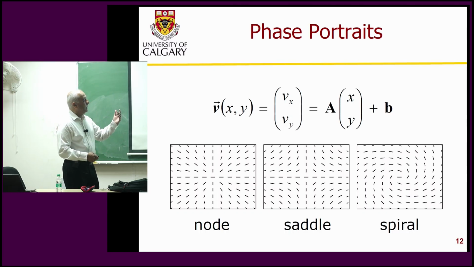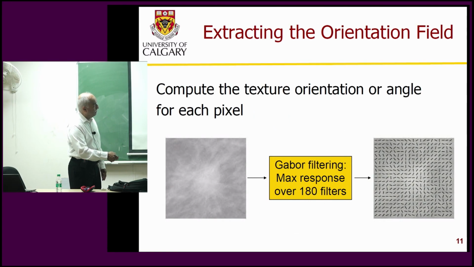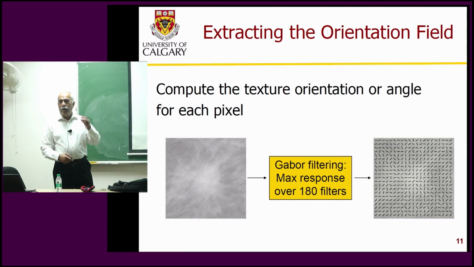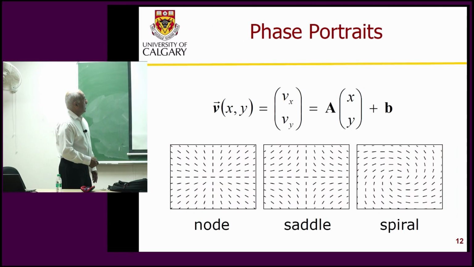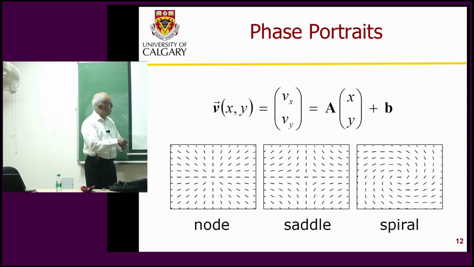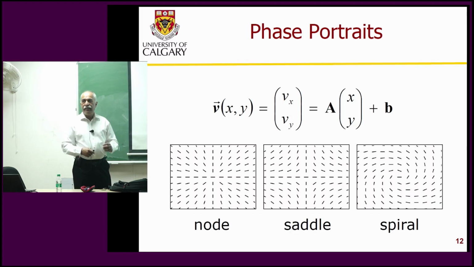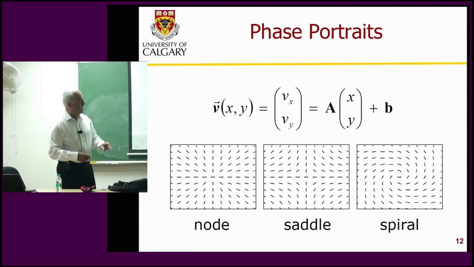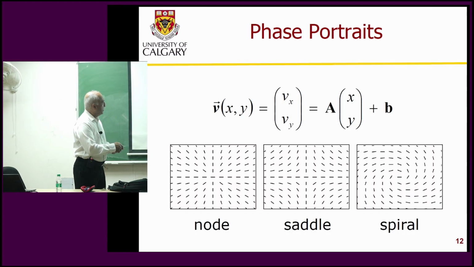So that's the equation. Now, given this field of angles, what are A and B, the 6 values of A and B, that can generate something that is close to this orientation field? Depending on the eigenvalues of this matrix A, you get node, saddle, or spiral patterns. This is assuming that you put a particle here and there is a field indicating the movement of the particle